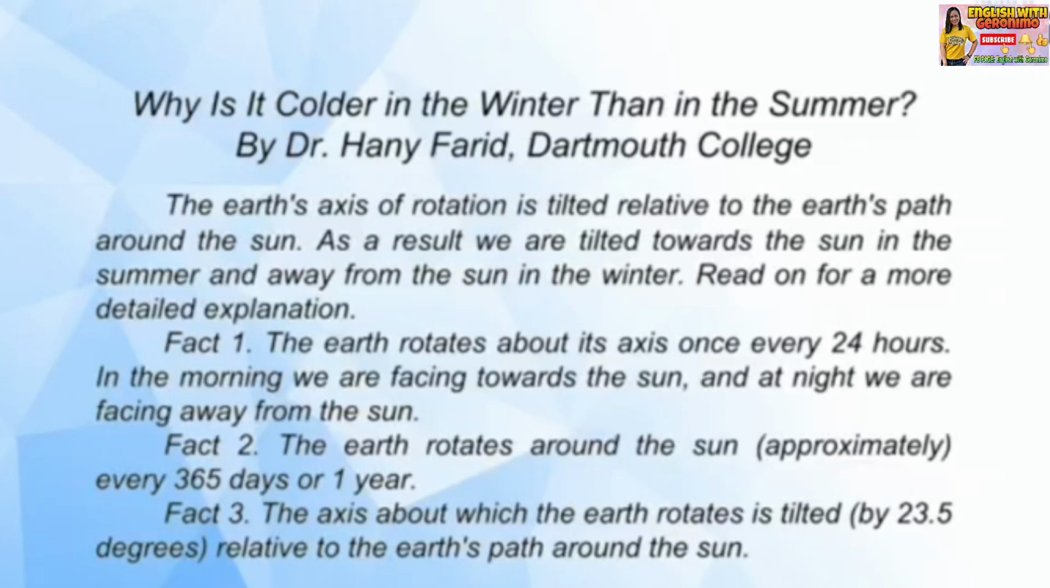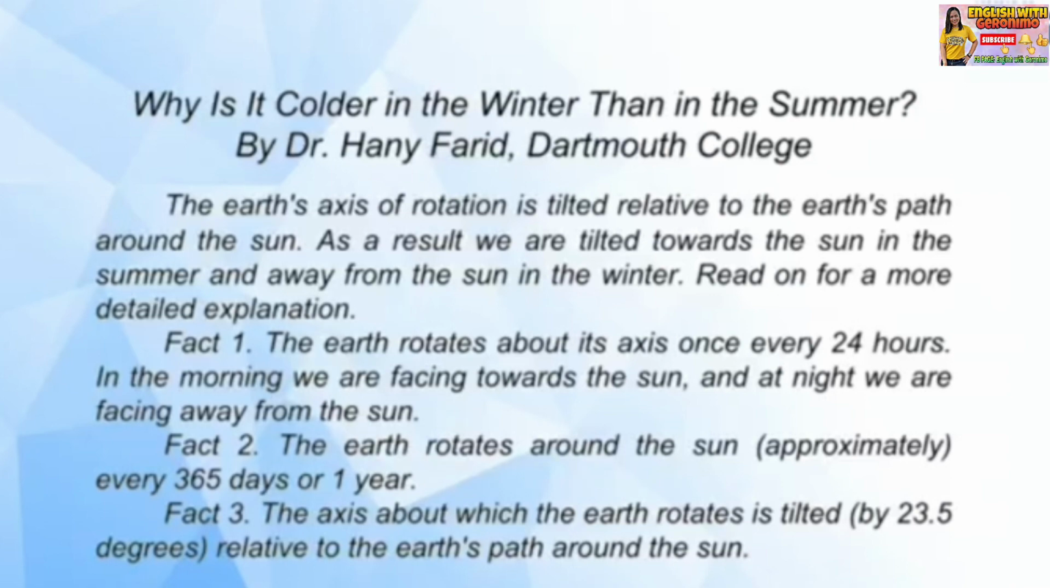Fact number 1. The Earth rotates about its axis once every 24 hours. In the morning we are facing towards the Sun, and at night we are facing away from the Sun. Fact number 2. The Earth rotates around the Sun approximately every 365 days or 1 year. Fact number 3. The axis about which the Earth rotates is tilted by 23.5 degrees, relative to the Earth's path